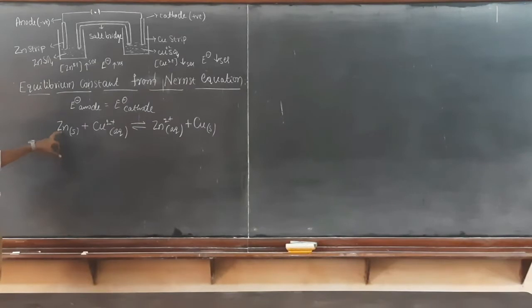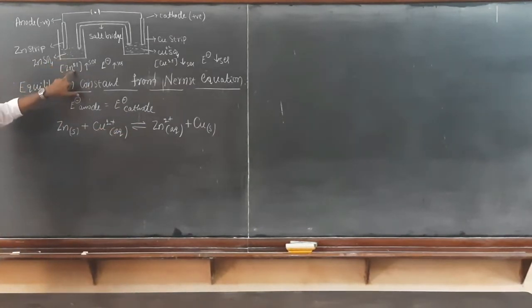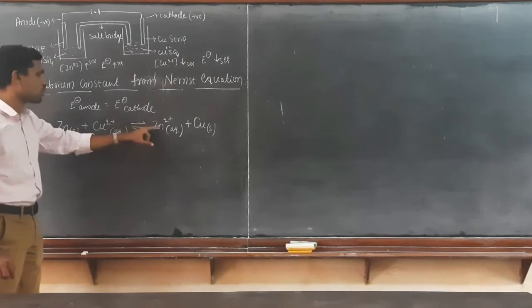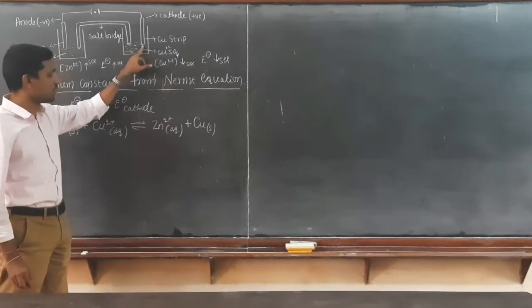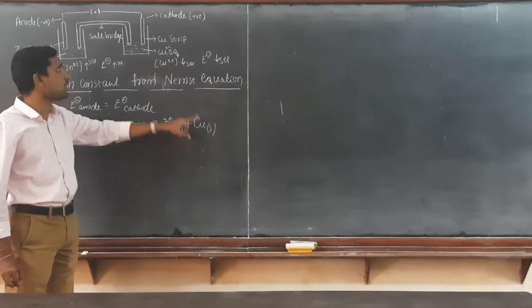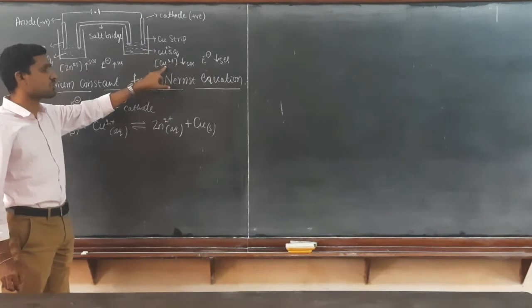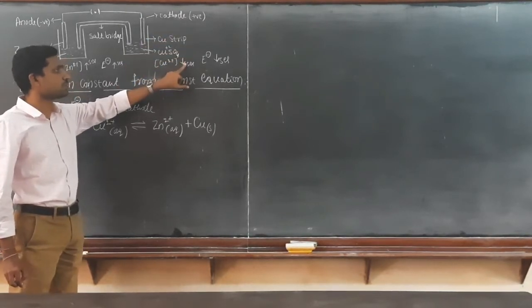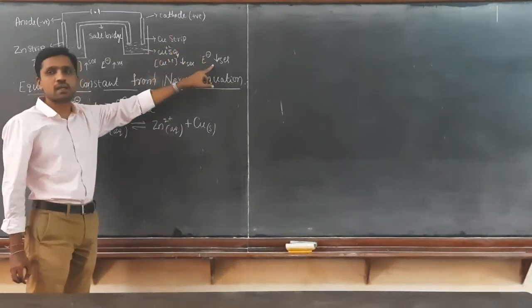Initially, this zinc will transfer 2 electrons, so there is an increase in the concentration of zinc ions, and because of this the electrode potential increases. After the liberation of 2 electrons, these electrons will be absorbed by the copper ions present in the copper sulfate, so they become copper solid and are deposited on the copper sheet. There is a decrease in the concentration of copper 2 plus ions at the cathode, and therefore the electrode potential around the cathode decreases.